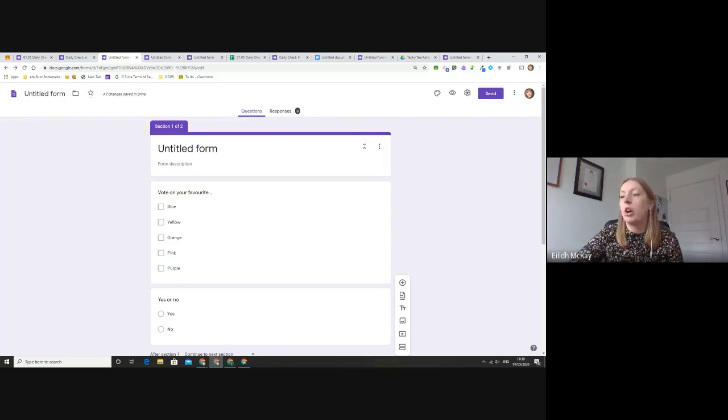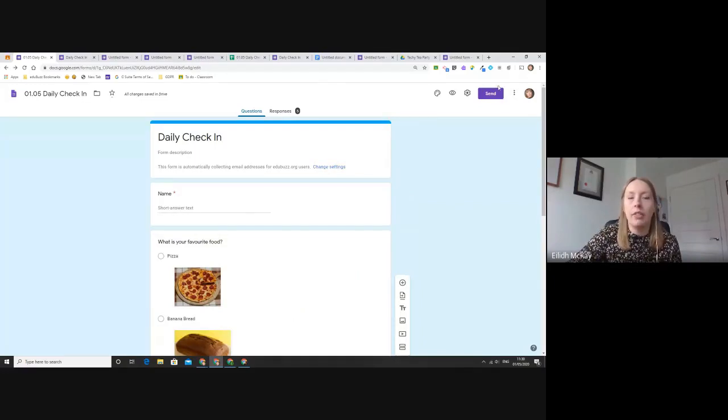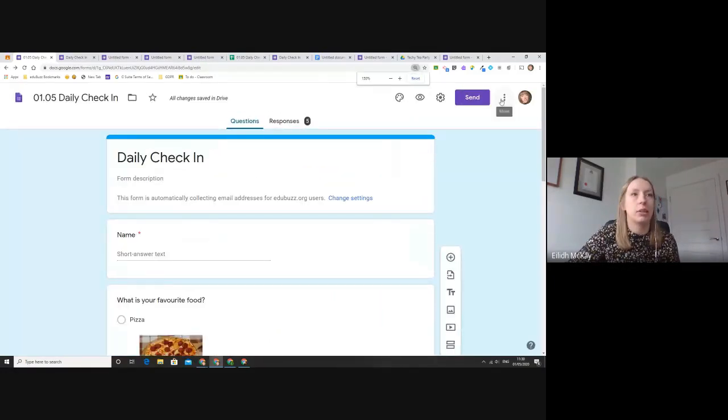Share as a link stream. Yes, for sharing your form. I've not done that bit yet. So the last thing to show you is how to share your form into your Google Classroom. We have the send button at the top right. I'll just zoom in because it keeps zooming me out. I have the send button. So if I select send,